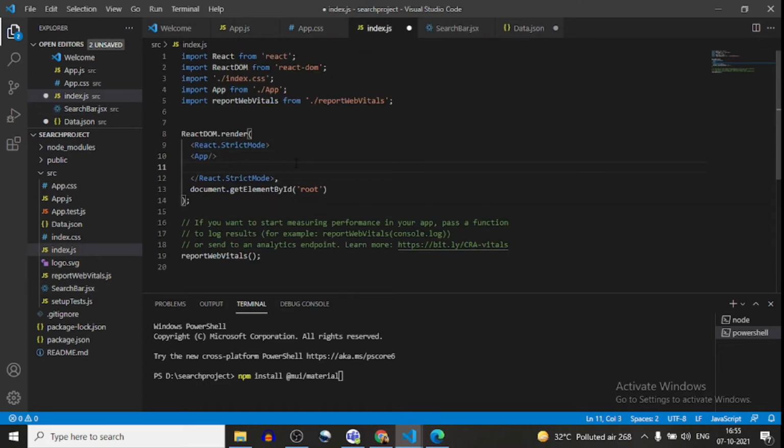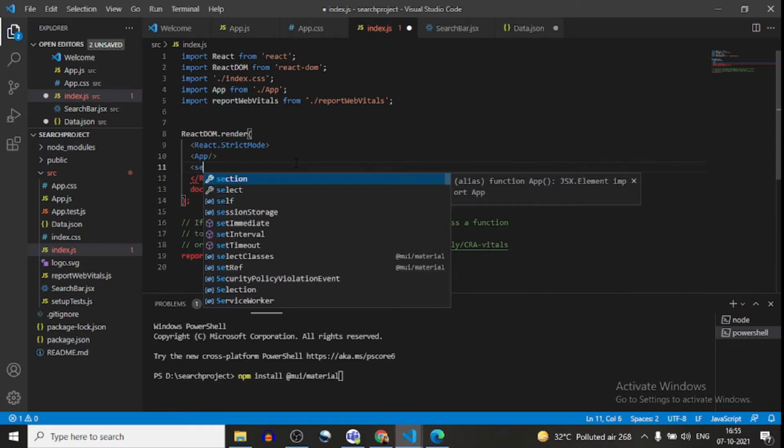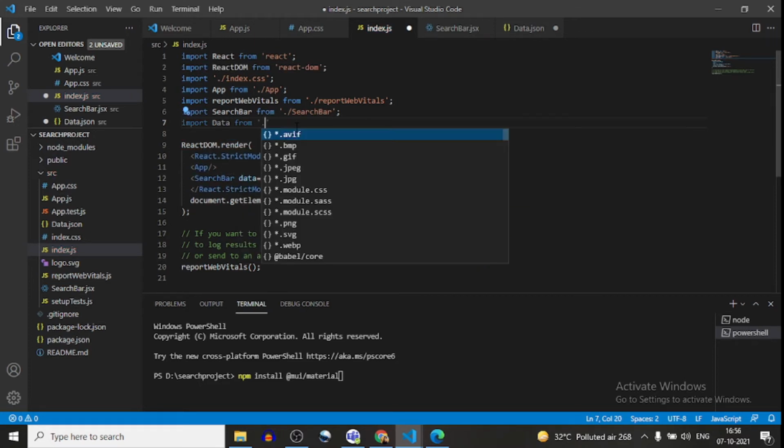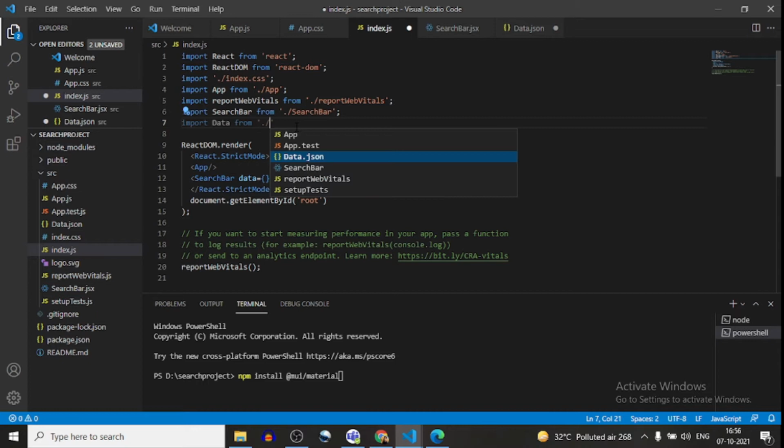So here I will import my component and pass the props. Data equals, from where will I get this data? This data I will get from data.json. This data I will pass in this prop.